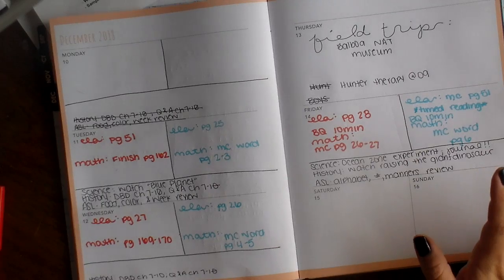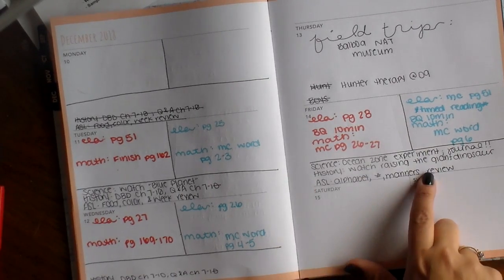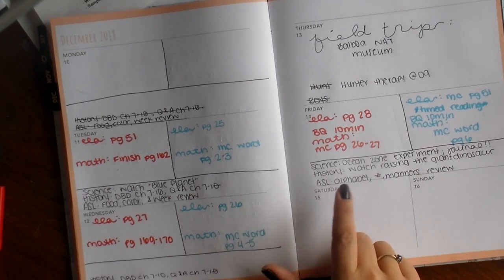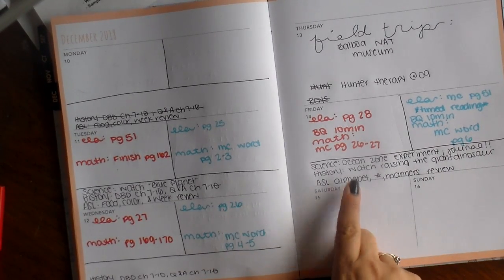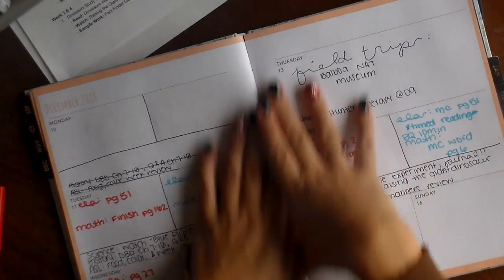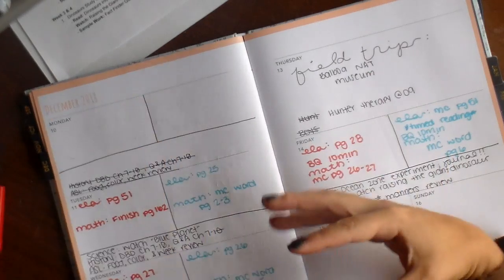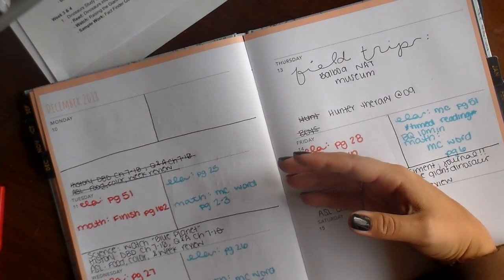Sometimes they like being on camera, sometimes they don't. And then we're going to watch Raising the Giant Dinosaur on Netflix, and then for sign language we're going to review alphabet, numbers 1 through 20, and manners. So now that I have the general overlay done of what I want done for the kids for the week, for them to know what they